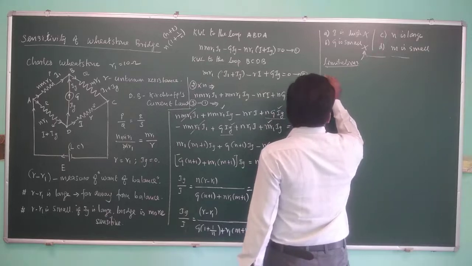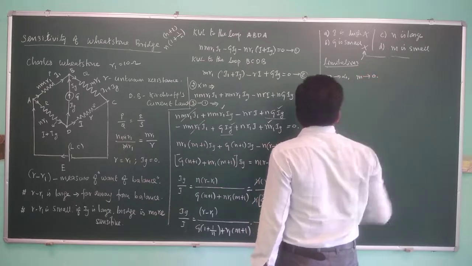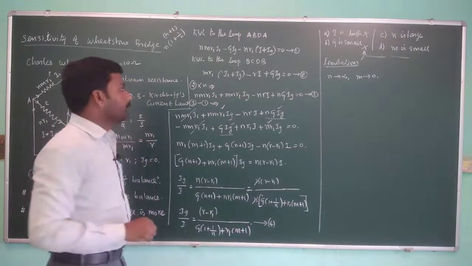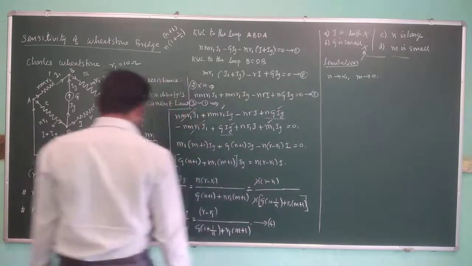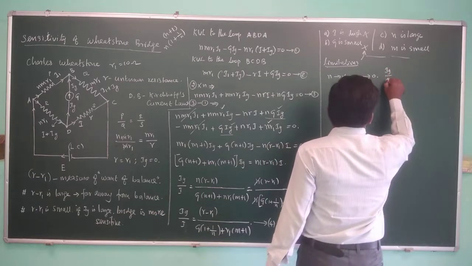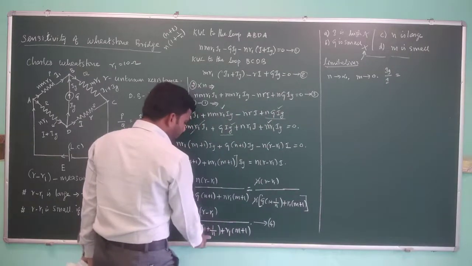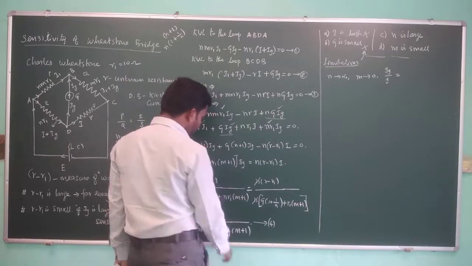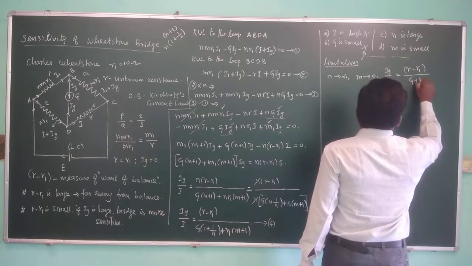Ideally, if you put N tends to infinity and M tends to 0, in this case it is the maximum possible large N and minimum possible small M. If you apply these 2 conditions to this equation, what will become? You will get Ig by I equal to, if you put N equal to infinity, 1 by infinity becomes 0, so that G is remaining, and M equal to 0, so that R1 is remaining. So this equation becomes (R minus R1) by (G plus R1).